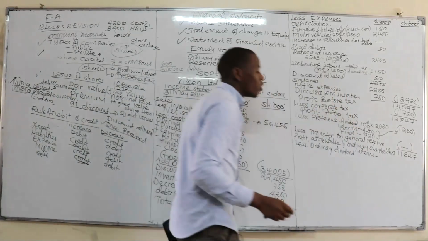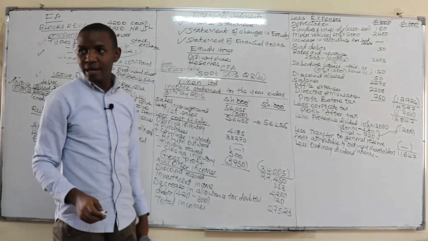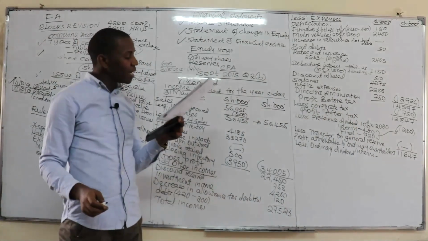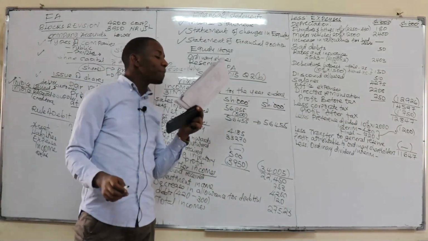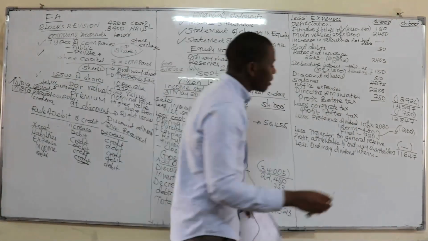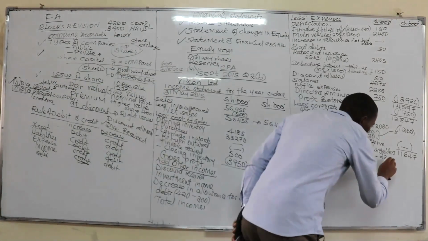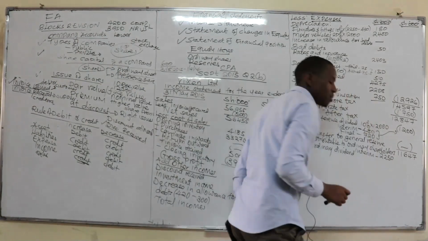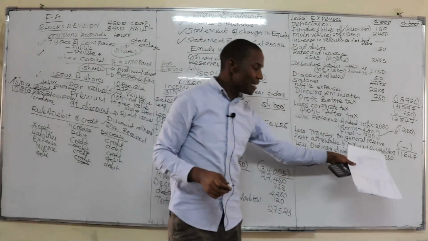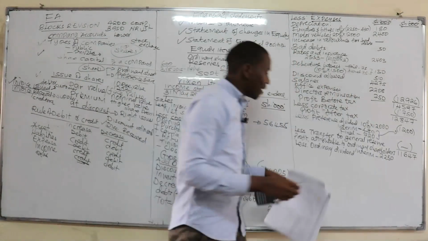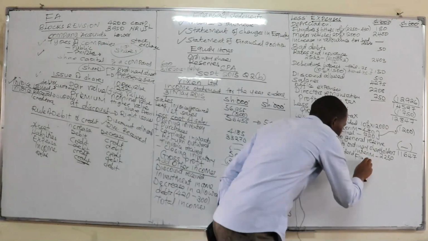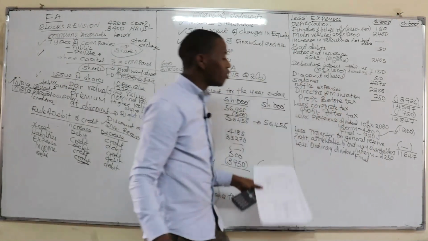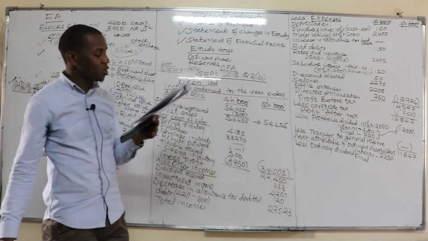there was what was declared and they were paid. When you check on the interim dividend paid for the ordinary shareholders, they were paid 22.50. That is what was declared at interim. Then there was final, which is the one that we were told on the last additional information number 9.